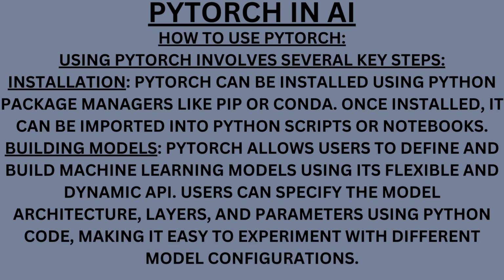How to use PyTorch? Using PyTorch involves several key steps. Installation. PyTorch can be installed using Python package managers like pip or conda. Once installed, it can be imported into Python scripts or notebooks. Building models. PyTorch allows users to define and build machine learning models using its flexible and dynamic API. Users can specify the model architecture, layers, and parameters using Python code, making it easy to experiment with different model